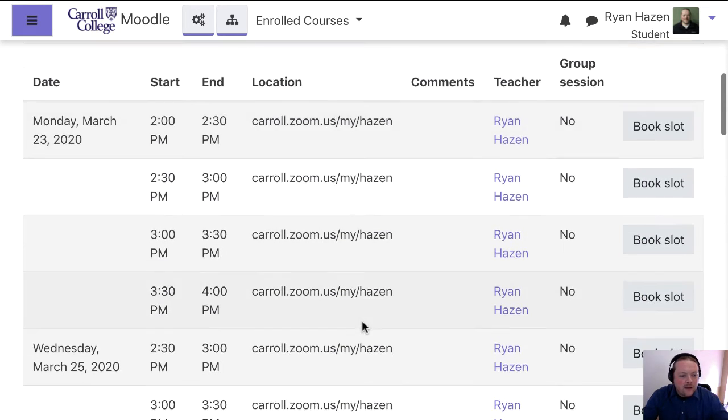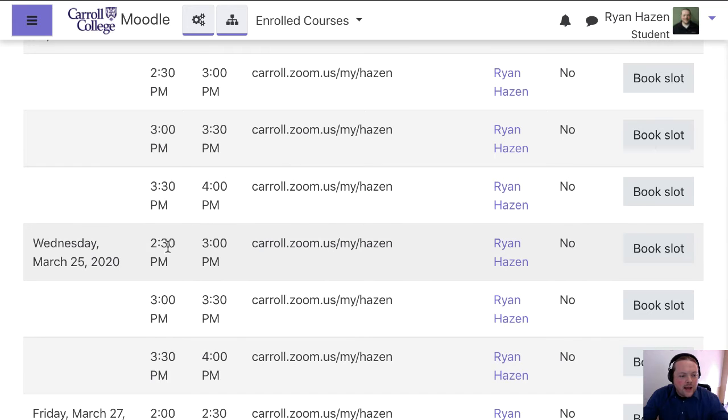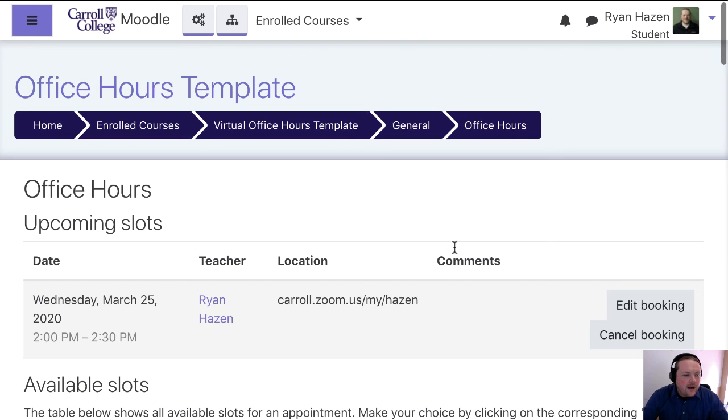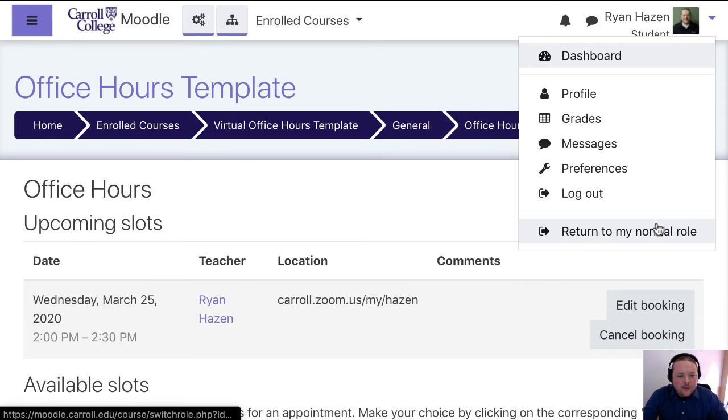So I could come back and book another slot, but notice that 2 o'clock is gone on Wednesday, March 25, because I've already booked it for myself. So as soon as another student books that slot, you will see that they have booked it, and that it won't be available to other students if they've hit the number of student limit that you set when you created the slots. So when I return to my normal role,